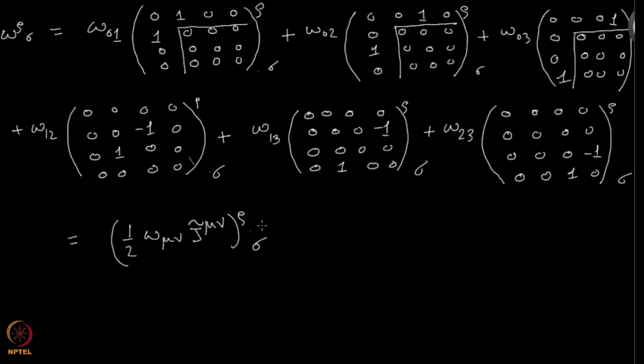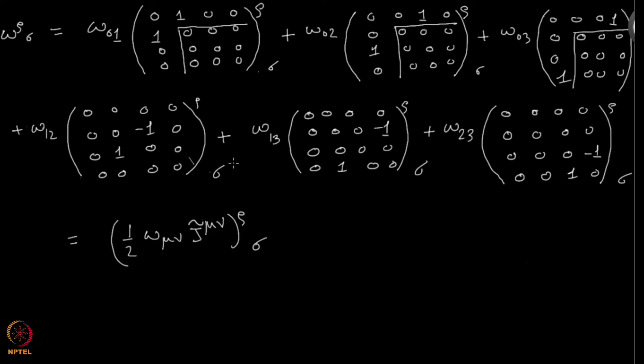Now, as I was saying, because omega is antisymmetric in mu nu, j tilde has to be antisymmetric in mu nu. It will kill the symmetric part. If there was a symmetric part to j tilde, it will kill that part. So let's take j tilde to be antisymmetric under mu nu interchange.